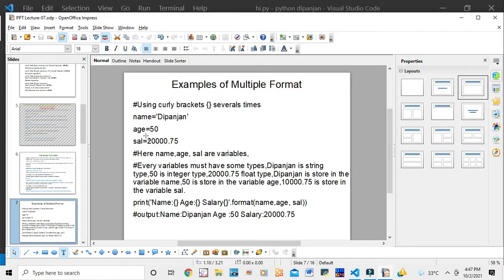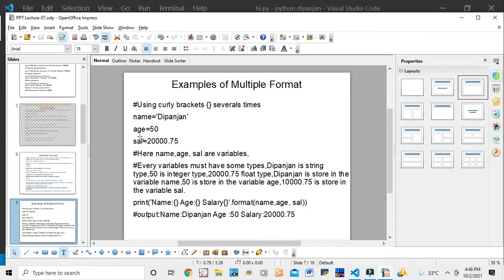So name, age, and salary are all variables, and every variable has a type. That means Deepanjan is stored in the variable name, 50 is stored in the variable age, and 20,000.75 is stored in SAL, salary.